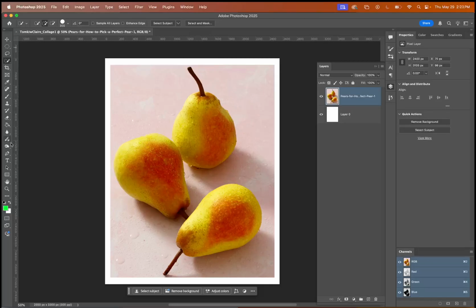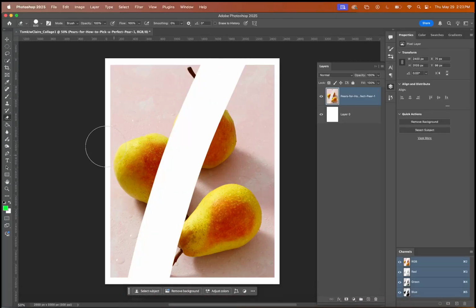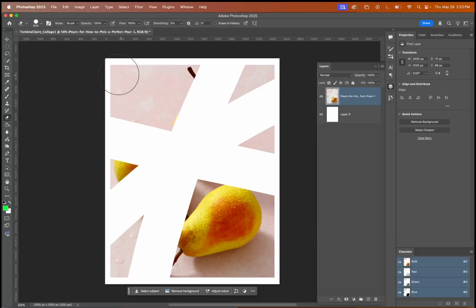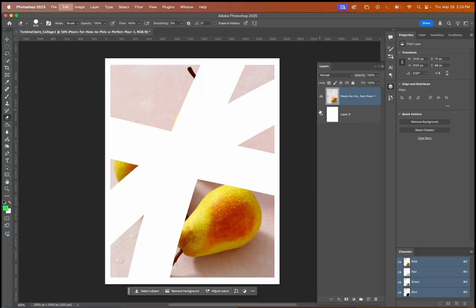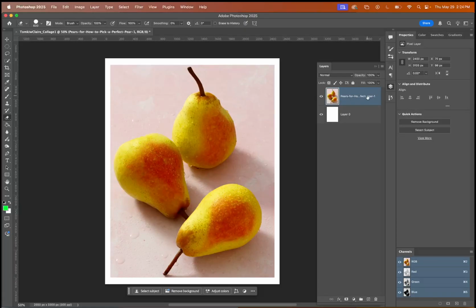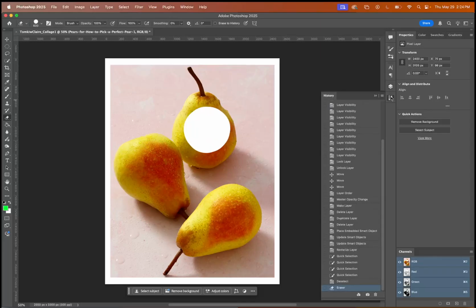So if I erase this, I just take an eraser through it twice, 3 times, 4 times. And then I think for a second and I'm like, oh shoot, I don't want to do that. Undo, undo. I can undo that. I have 5 steps in my undos. The problem is Photoshop only logs a certain amount of undos. And so if you've been working on a file for forever, maybe an hour even, and you erase something like this, or you erase a crucial part of this, like the center of one of your pears,